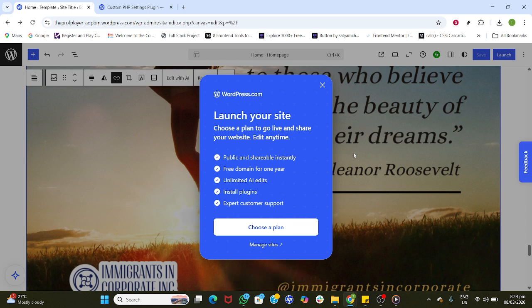That's it. You've learned how to crop images in WordPress, switch between